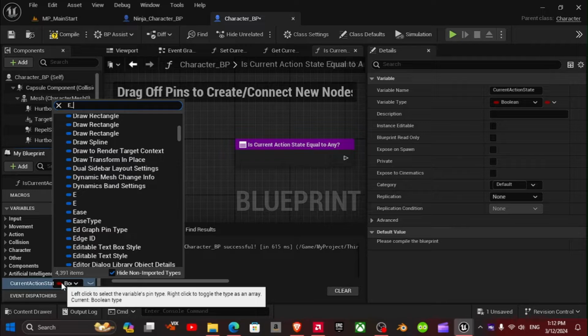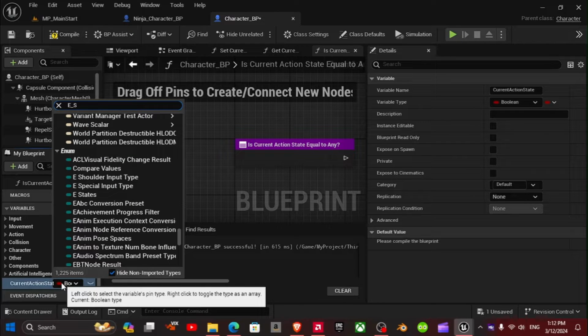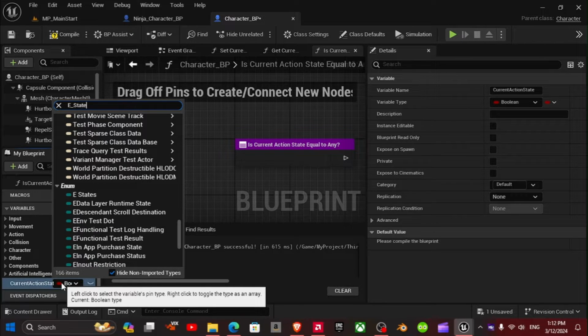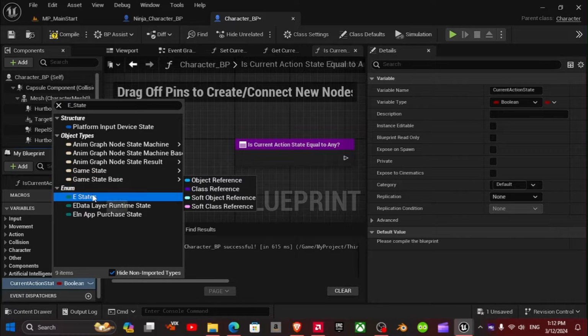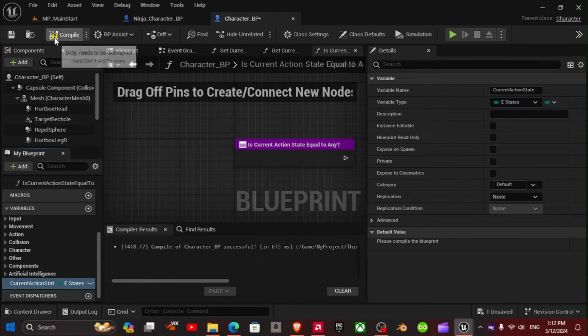We're going to be using eStates for our variable. We're going to have to keep it private for now.